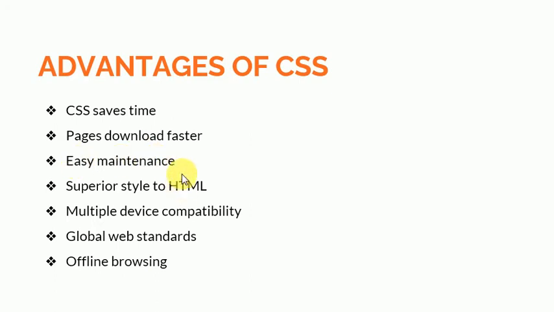If your code is less, then the download is faster and it is easy to maintain also. It means whenever you need to change the color of any particular attribute, just open that CSS file and change the color or add one property to the particular tag and that will apply to the whole website. No need to go again and again to each and every page and change it. Okay,